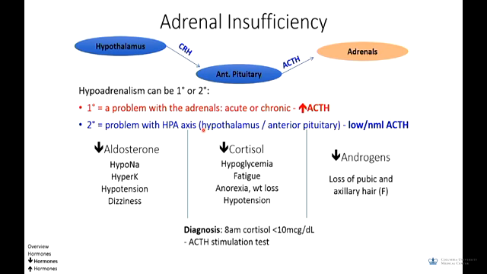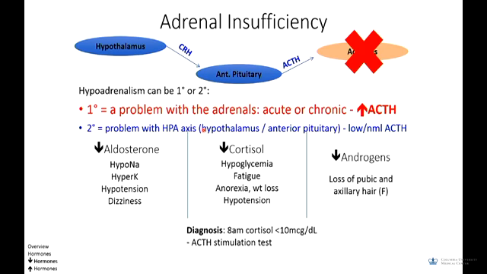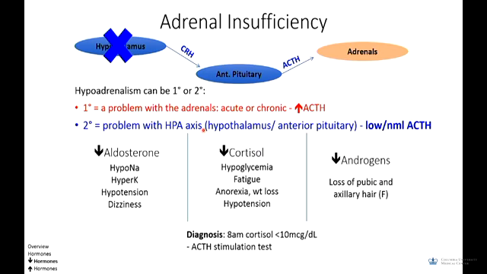Adrenal insufficiency can either be primary, so that would be a problem with the adrenals. This loses that feedback mechanism for ACTH, so you have really high ACTH with primary. Secondary is a problem with the HPA axis, either the hypothalamus or the anterior pituitary. So this is low to normal ACTH. For all of these, you're trying to diagnose it with an 8 a.m. serum cortisol test, because at 8 a.m. your cortisol is the highest, since it's a morning thing. You can also use an ACTH stimulation test to see whether this is primary